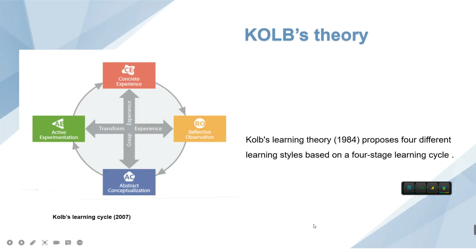And the COPE learning theory proposes four different ways of learning based on the four-stage learning cycle, or you can call it the reflection cycle. The direct experience provides the base for active experimentation. Simply said, it is designed to help individuals identify the way in which they learned from their experience.